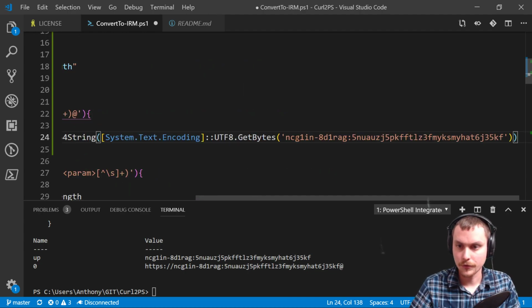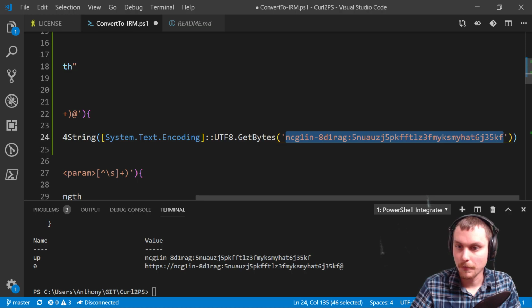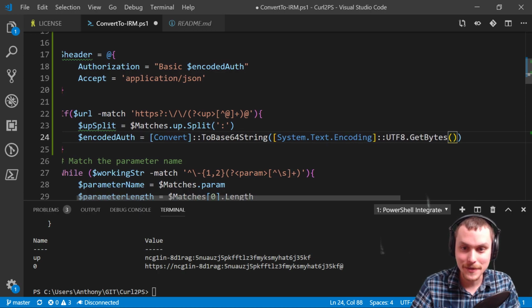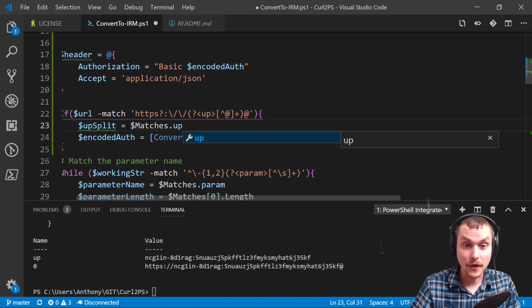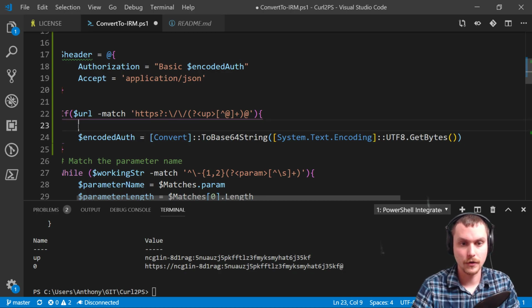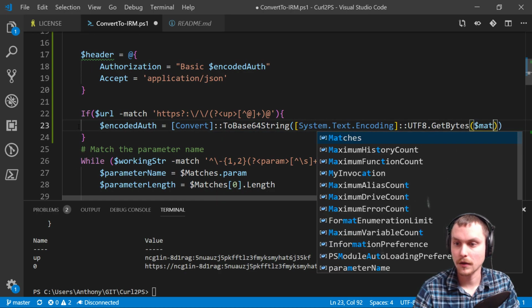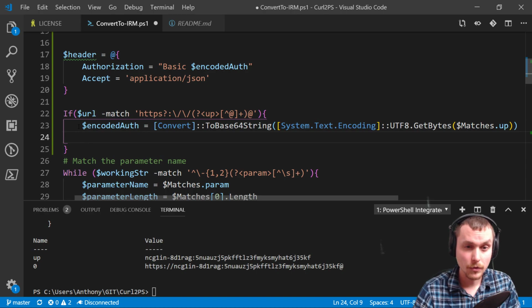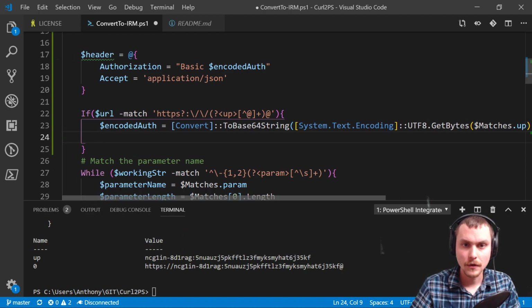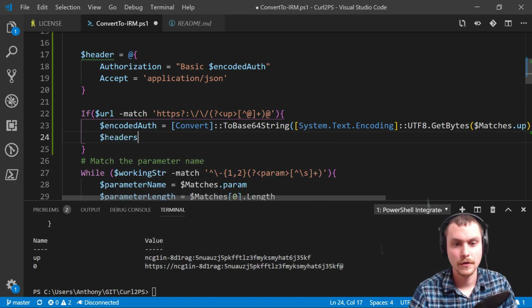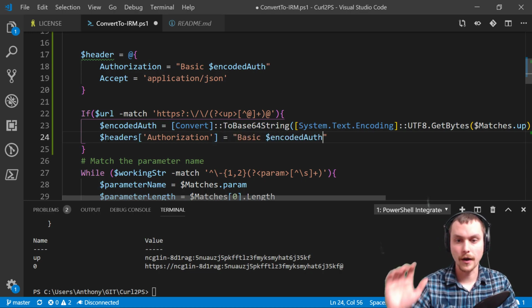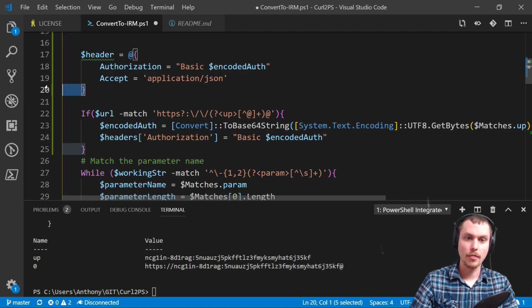So encoded auth equals, and so this is actually going to, I forgot that the encoded authorization expects it to be already in this format. So that makes it easy. So actually we're just going to cut that out of there, put that back here. So matches dot user password up. So encoded auth equals, and then the header of authorization, headers authorization equals basic encoded auth. Bam. So that should